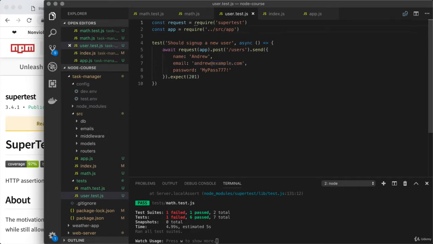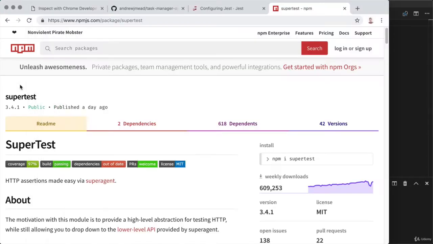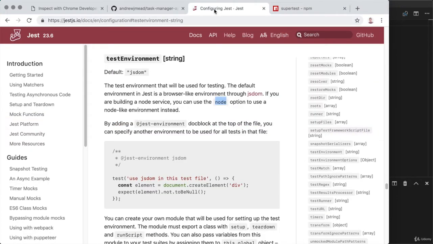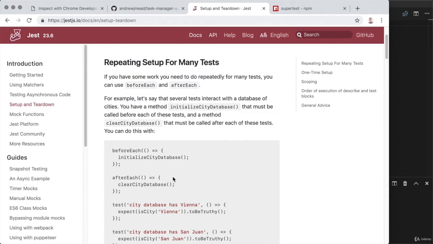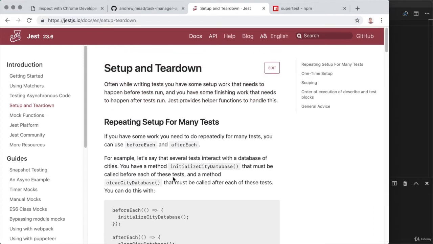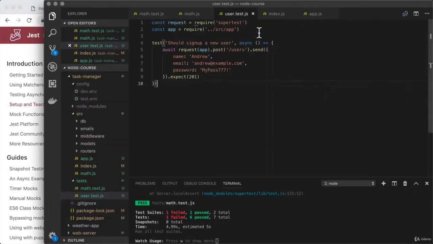execute as expected. Now, you can learn more about this over in the Jest documentation in the sidebar under Introduction. There's a section called Setup and Teardown. This outlines everything we're going to talk about in this lesson. We'll be using various lifecycle methods, such as those shown below, to actually configure our project. Let's go ahead and do just that over here inside of the